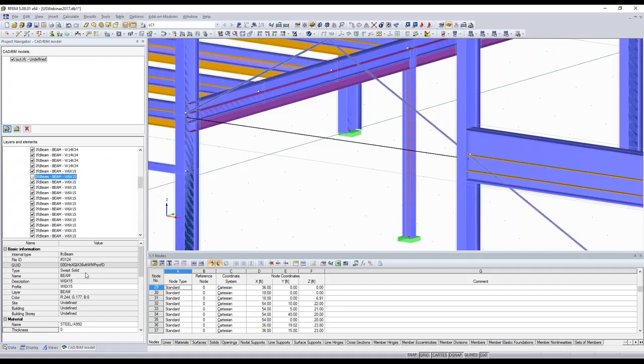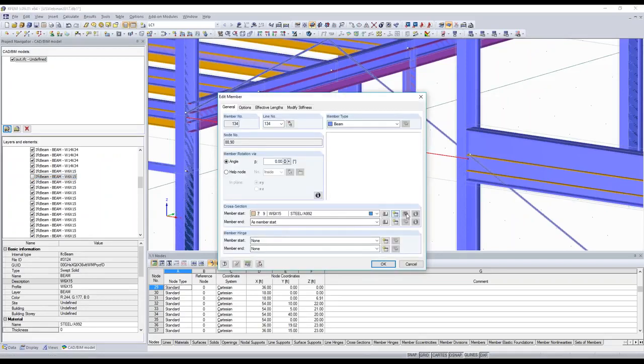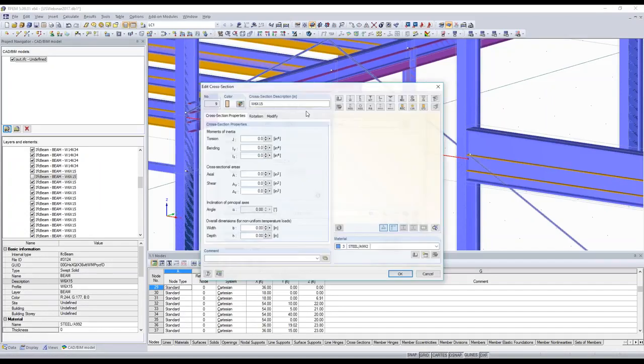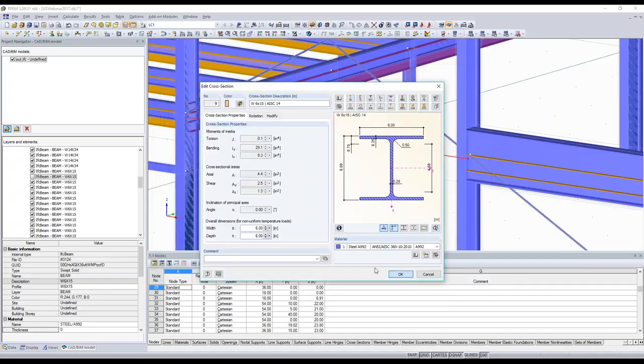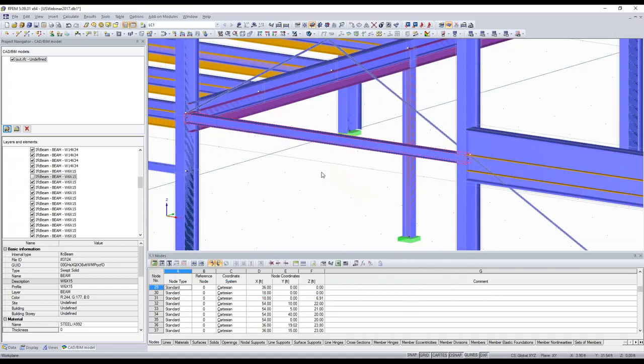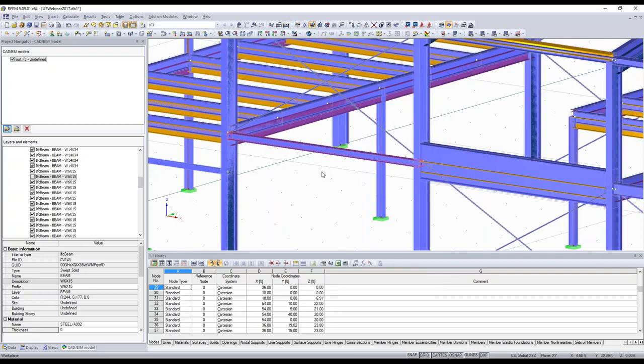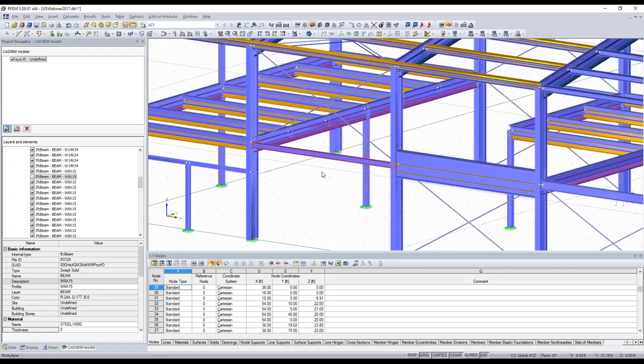So it was a W6 by 15. I can edit it. Steel is clear, 6 by 15, but it wasn't translated. So I can manually just go ahead 6 by 15 and I can convert it. So you can see that there is a little bit more work to be done in the IFC import, or you can, of course, if you set up the IFC file correctly beforehand with the right naming and you are exporting